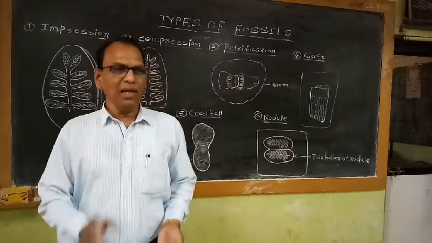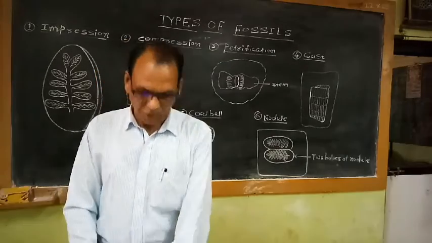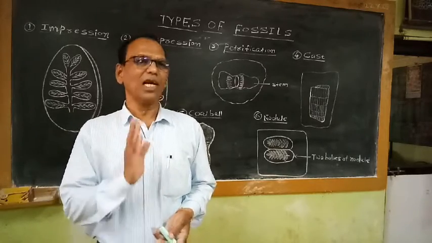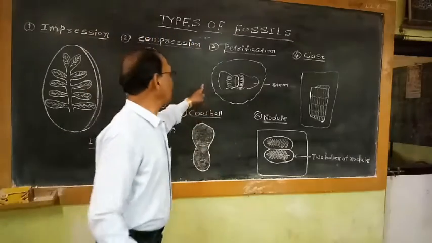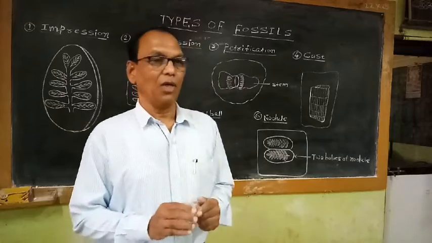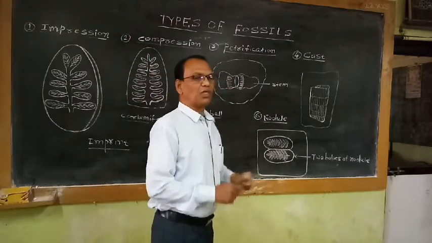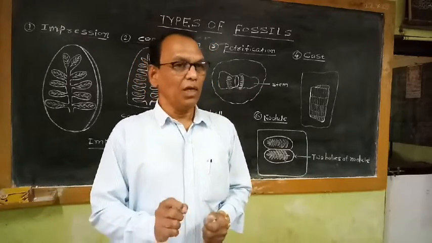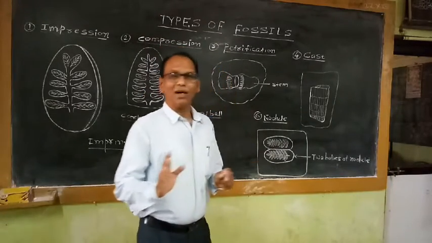So the material in this type of fossil is preserved in the form of siliceous material. That means silicate is more. If we observe these types of fossils, they look like our alive plant. If we take a section of this petrified fossil and observe it under a microscope, this section also shows the same cellular details as an alive plant.